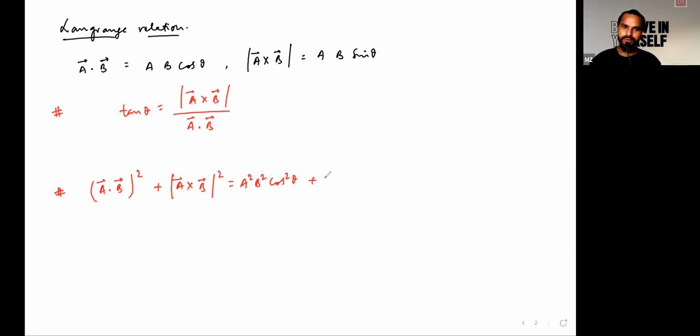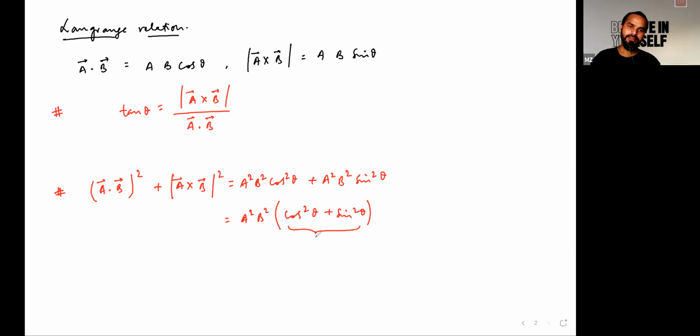And this term will give you A square B square sine square theta. If we take out A square B square common, we're left with cos square theta plus sine square theta. And this particular term is nothing but equal to,